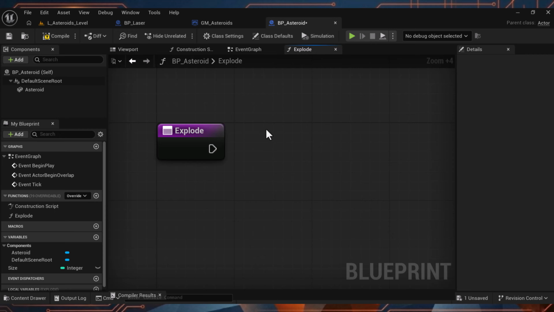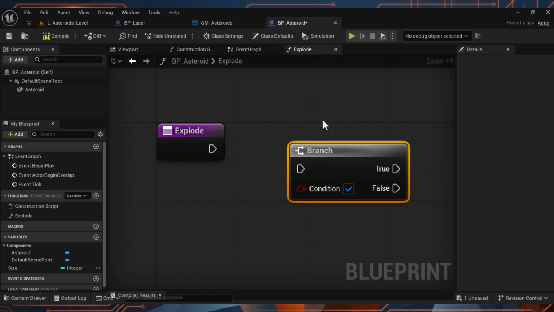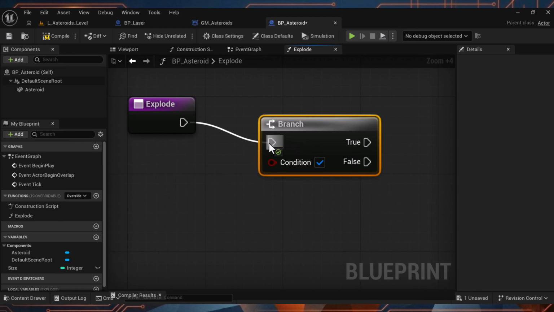Okay, so I'm going to hold the B key down and open up a branch. And if you recall, a branch is the ultimate decision-making block in visual scripting. It's like an if statement. It looks at the red true-false condition, which is here. If the condition is true, it fires the top execution wire. If it's false, it does the bottom one here. So let's go ahead and connect our purple